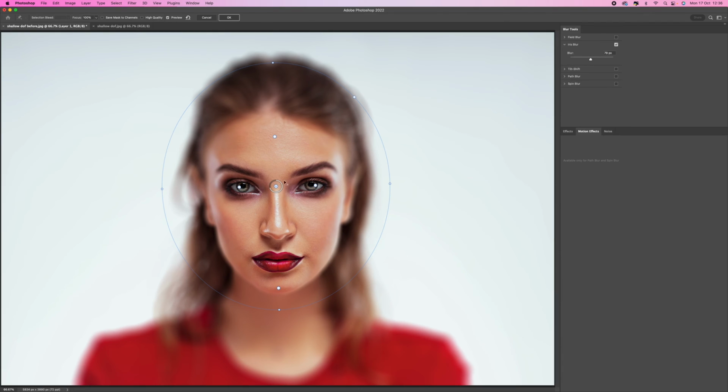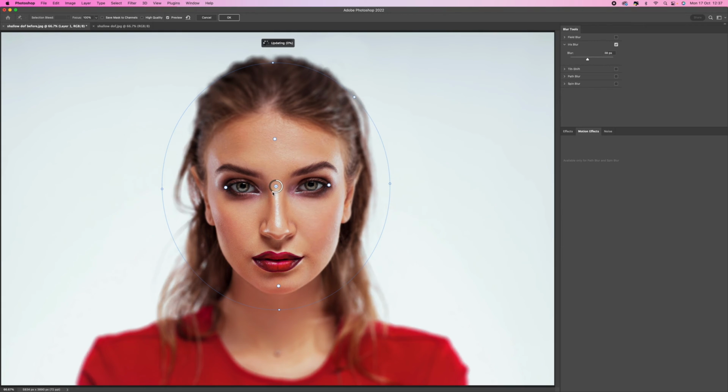So anything in that line is going to be sharp. So we need to remember that to try and mimic this shallow depth of field the best way possible. So this here is looking a little bit false now. So I'm going to pull this up, and I'm going to pull the top down a little bit. And also, I'm just going to drop the blur so it's not as